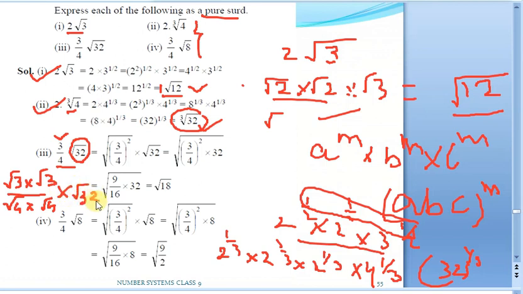Now see, multiply the numerator and multiply the denominator also. Just simplify the things there. So 9 square root of everything in the numerator: multiply 9 into 9, so 3 into 3, 9, and 9 into 32. It will be 9 into 32 in the numerator, and in the denominator there will be square root of 4 into 4. Just don't simplify it further. It will be square root of, let us say, 16.